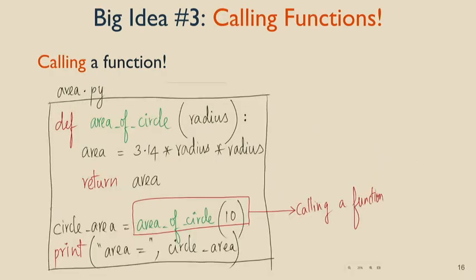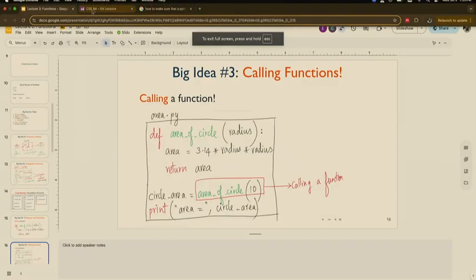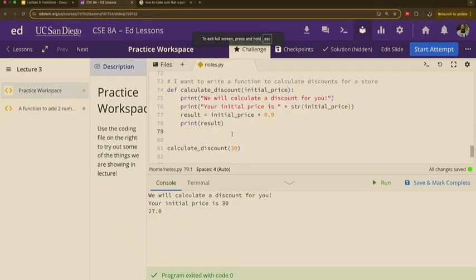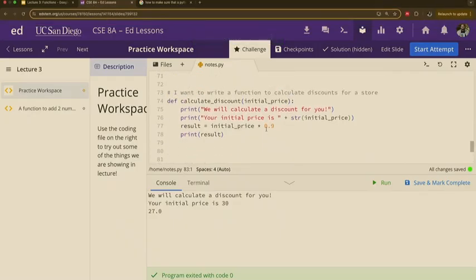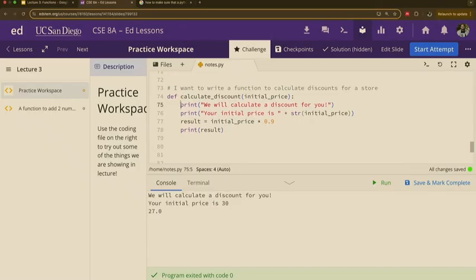Okay, sorry. So now, we're going to look at actually calling a function. So we actually just called this function. So remember, right here, this is where we create our function, right? We created something called calculate discount. And it's going to do all this whenever we want to calculate a discount. But in order for this to run, we have to call it. And I've been calling it this whole time. But let me see what happens when I don't call it.